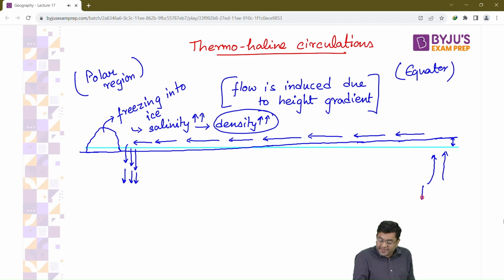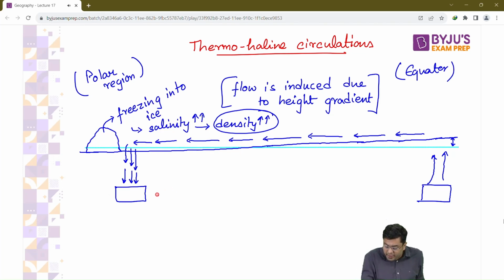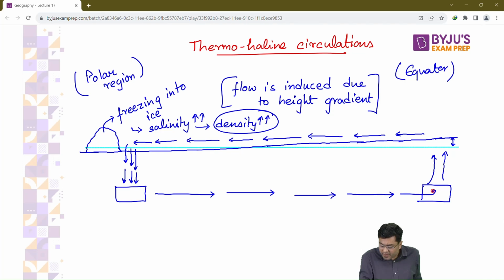Water sinks. And then, at the lower level of the water, can we say that here you have a vacancy because the water has risen up? Isn't it? And can we say that here you have a kind of a surplus because more water is sinking? So that will induce a motion, and a circulation is induced. And that circulation which is induced is purely driven by